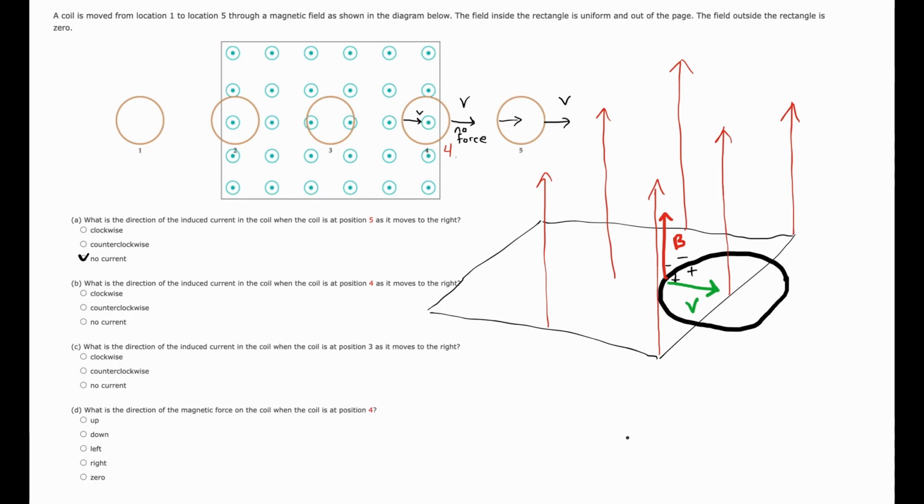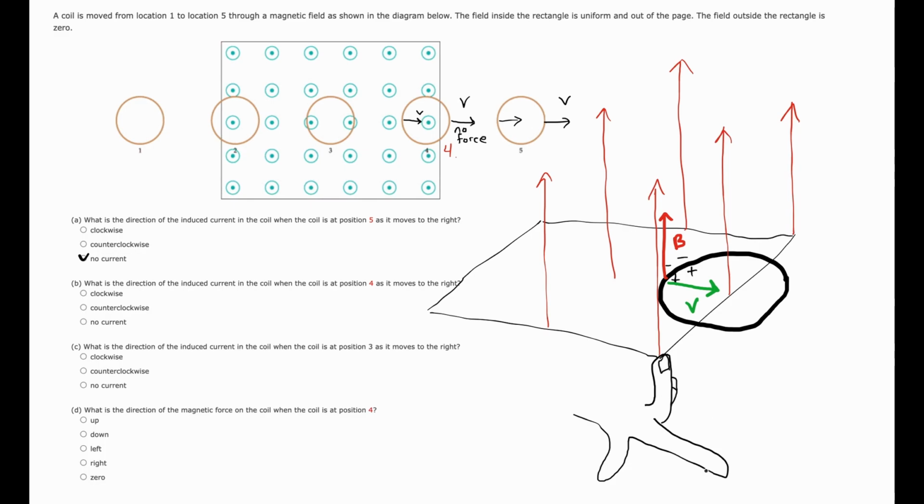So point your pointer finger in the direction of motion of the particles. Your middle finger has to point up